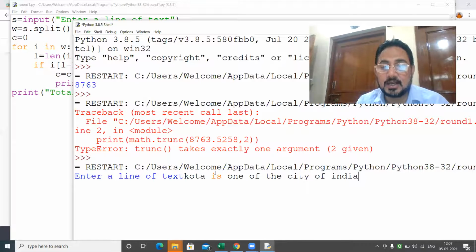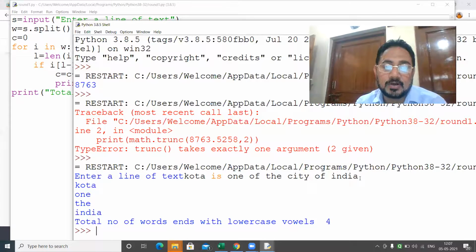Now see here, is, Kota, one, India end with a vowel. So only these words are counted. I will press enter. Just see. Kota, one, India. Total number of words ends with lowercase vowels.